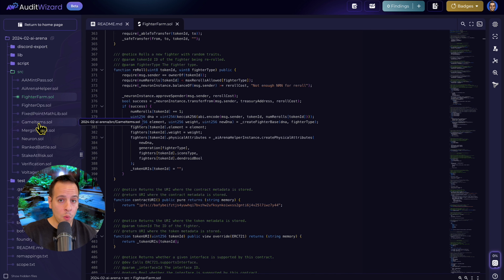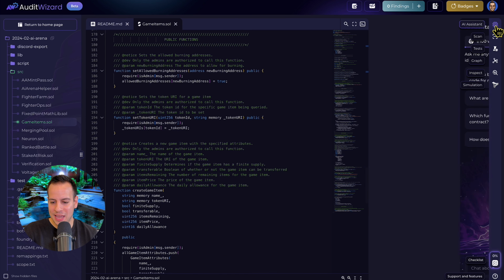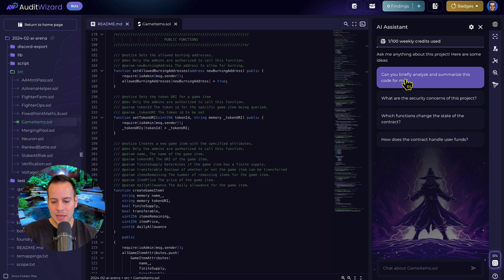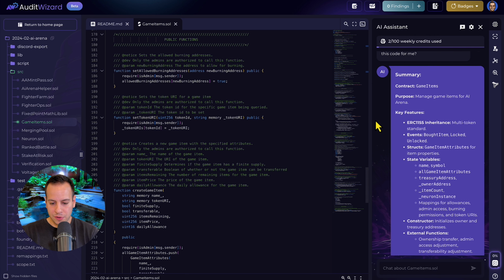And now I want to go and explore another smart contract. So let's take a look at the game items smart contract. I'm going to open the AI assistant again and ask it, can you briefly analyze and summarize this code for me? So we have a summary over here from our